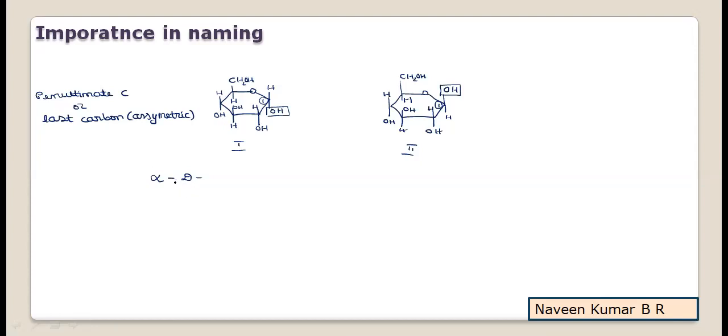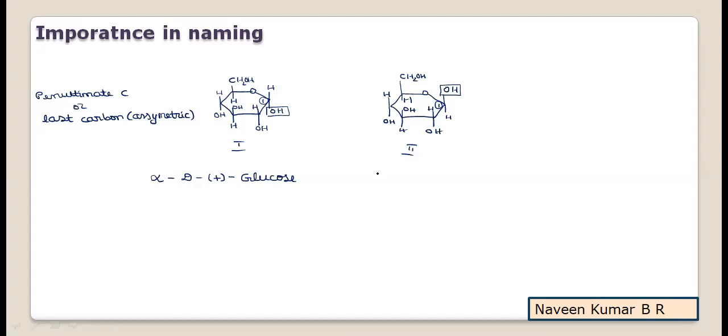The second indication about the structure is D configuration for the carbohydrate, followed by a hyphen, and within the round bracket you write the optical rotation. We know that glucose is dextrose, hence it is indicated by a plus symbol, followed by the name of the carbohydrate, glucose. So all these indications are very, very important. Based on that, identification information of the structure will be asked as a competitive exam question as well as for 1 mark in the unit. As the unit is a 1 mark weightage unit, all these supportive informations are very important.